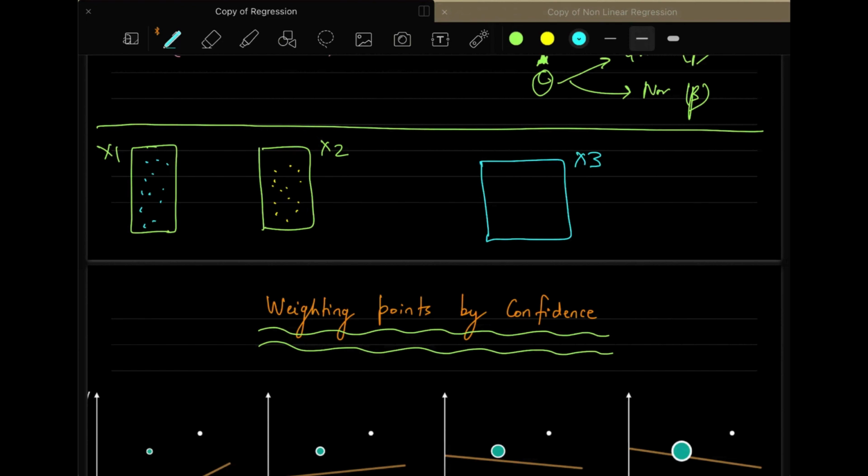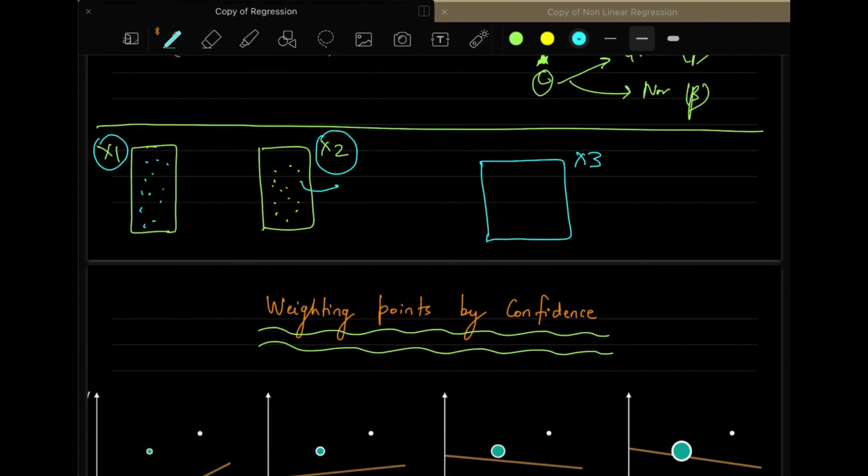It can be a calibration error or something like that. So based on that, you already have a preconception that if this particular site gives you some value, that value will have some error, and that error will be less than the error incurred because of the site that X2 is giving.